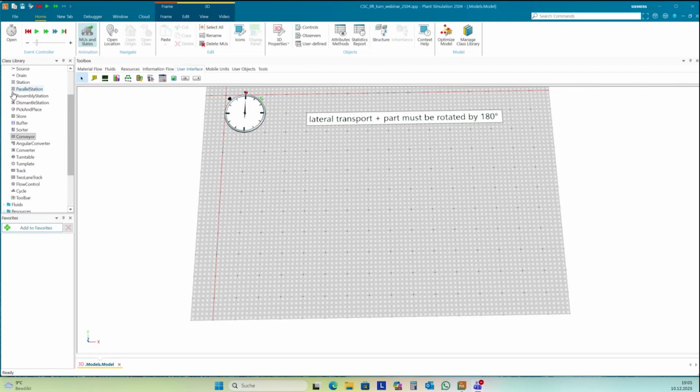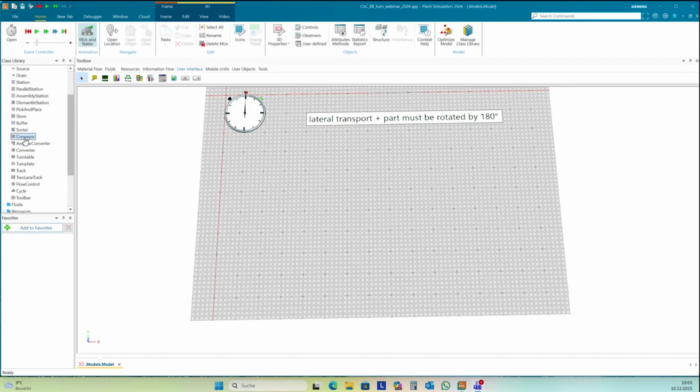The station as a point-oriented object has one big advantage. We can change the conveying direction. If you, for instance, need to change the conveying direction to simulate backwards transporting just by rotating the icon, then you can only do this on a point-oriented object. You cannot do this on a conveyor.